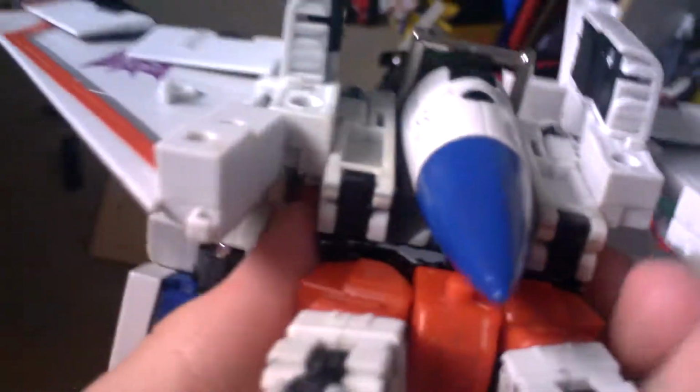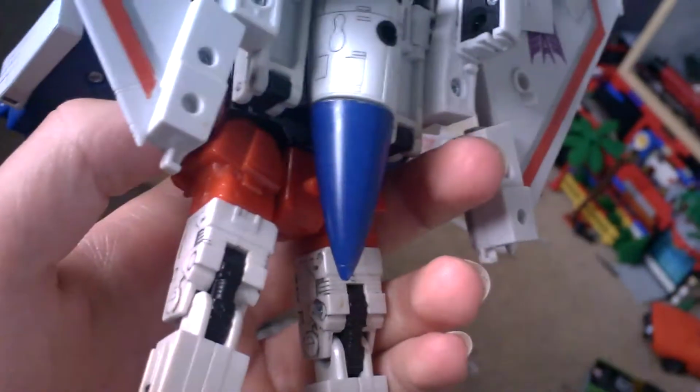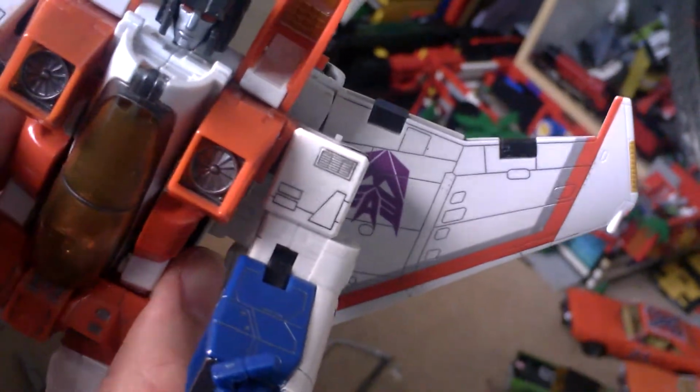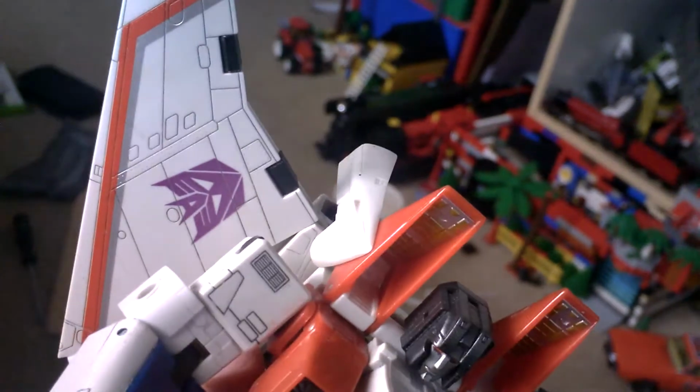And why are these in black? I never knew why these were molded in black. These joints here and the things for the wings, surely they should be white, because it affects the quality of the figure if they're a different colour. Because the original Starscream didn't. I know it didn't have the